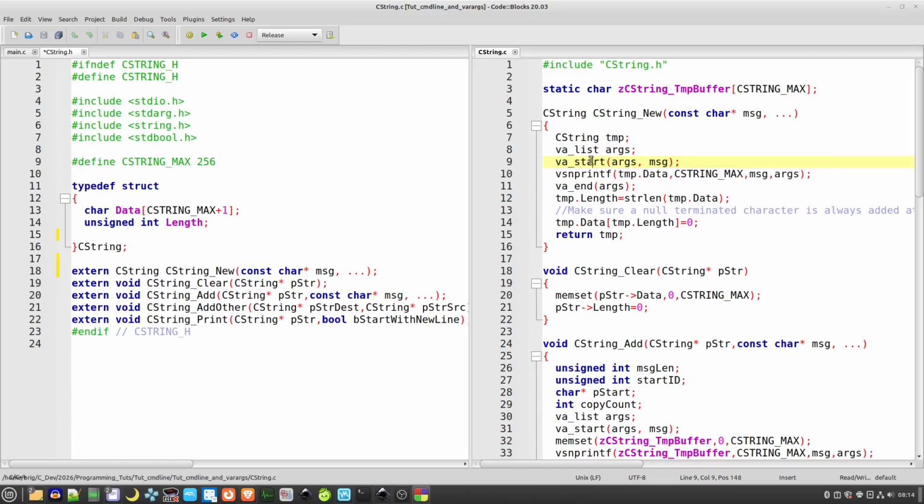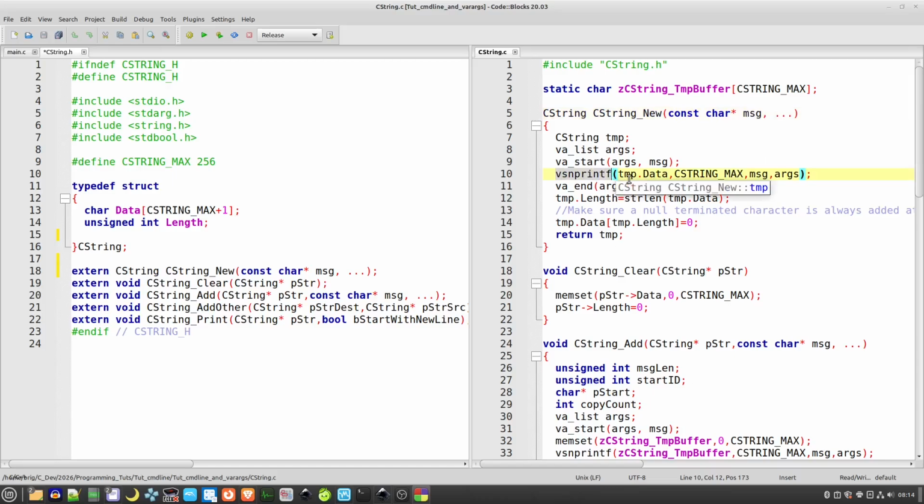So you could do this with integers here and basically copy them out into an array of ints. What VA start says is that after this variable is where the VA list basically lives in the function, and then this